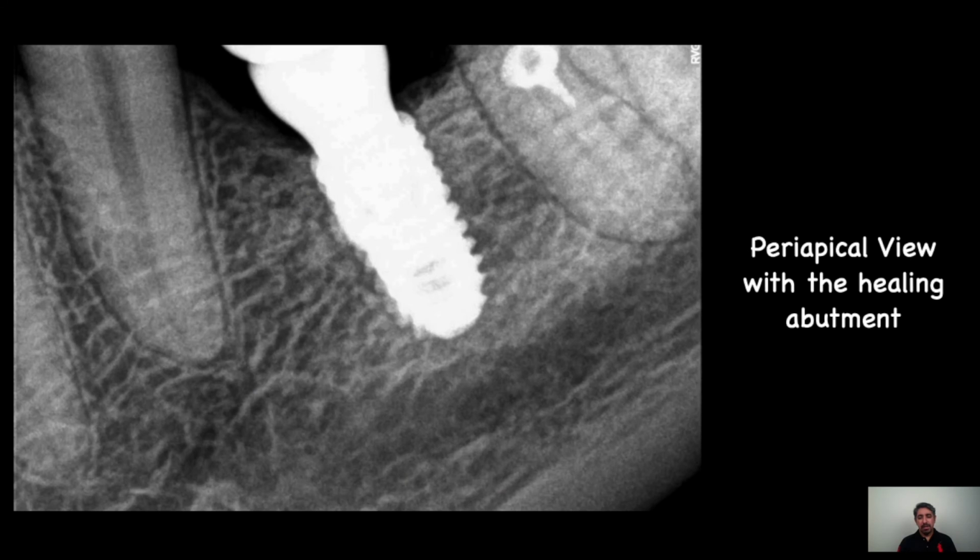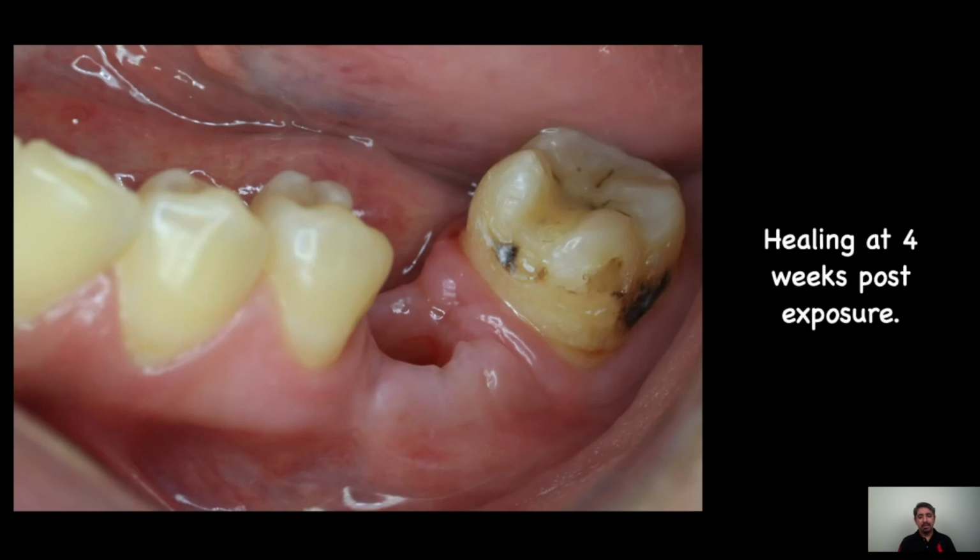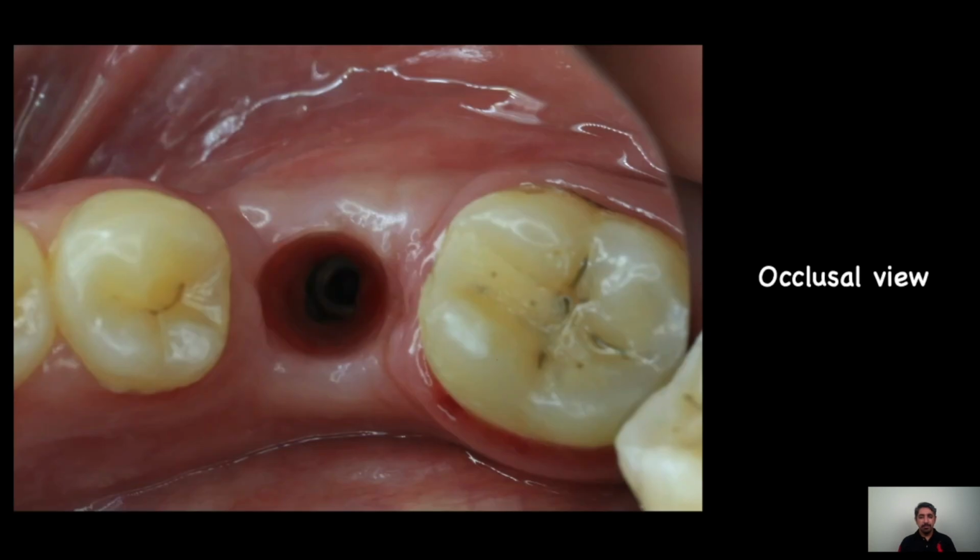That's the periapical view of the radiograph immediately after the exposure was done, and it looked pretty good at the time of the impressions. The lingual arch was removed at this appointment itself before the impressions were made. Once the impressions were made, we temporarily refitted the lingual arch so that there would be no further migration of the second molar during the fabrication of the final prosthesis.